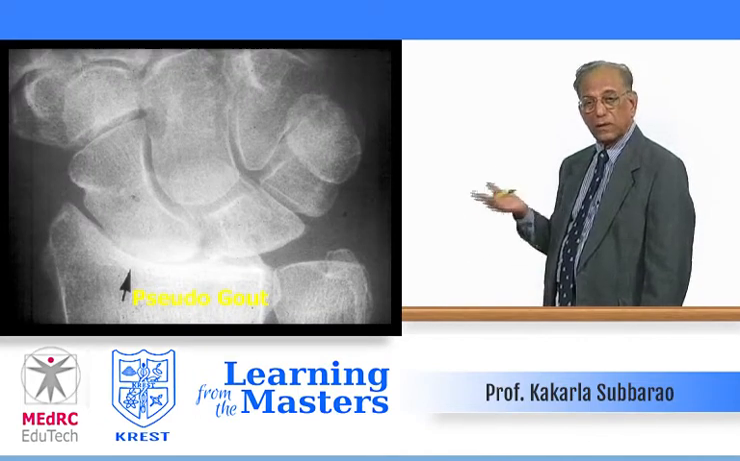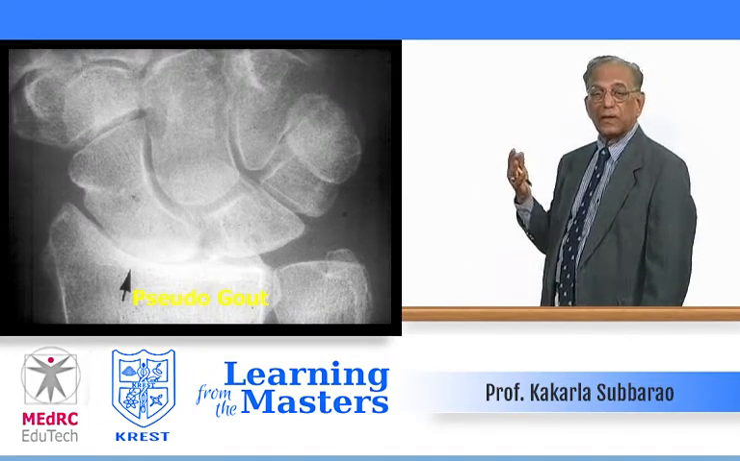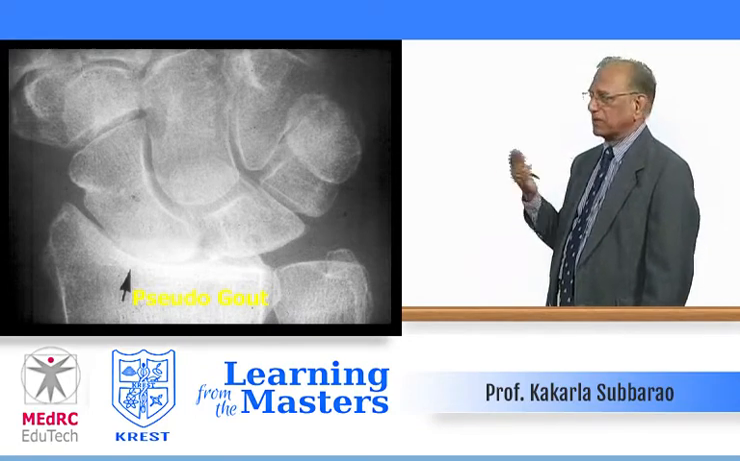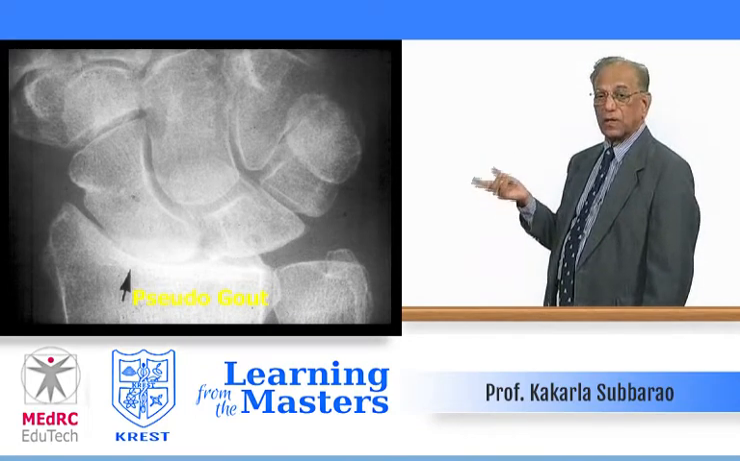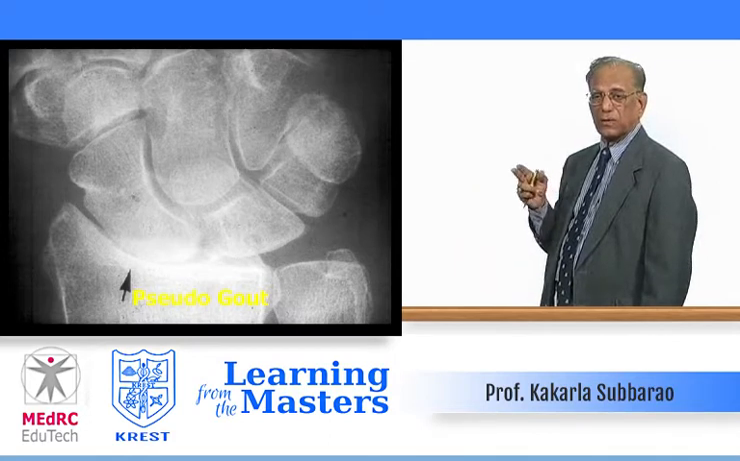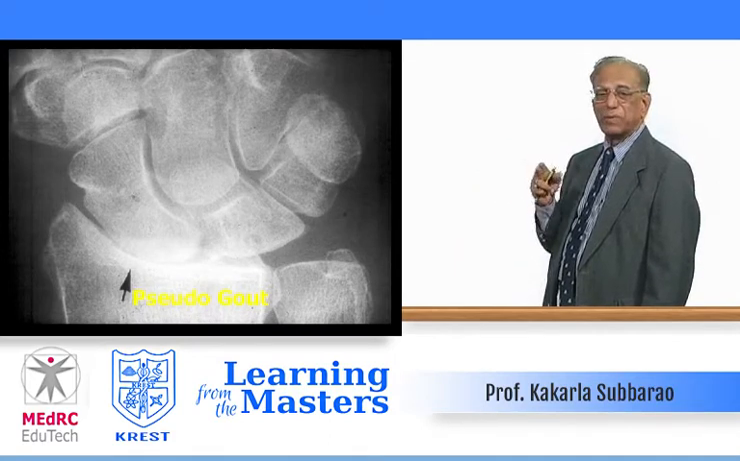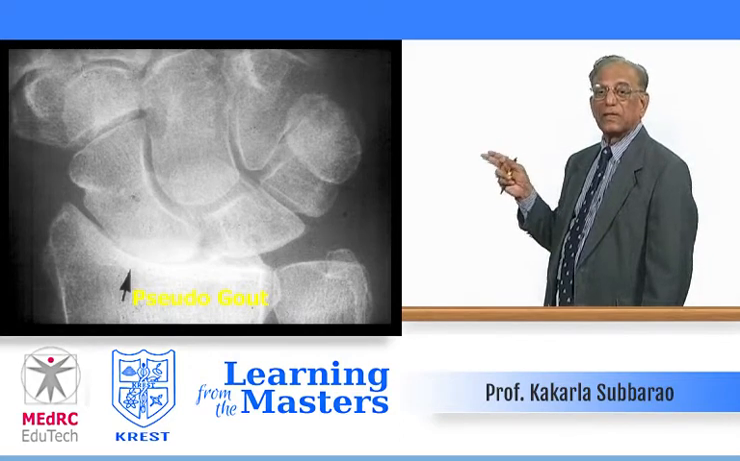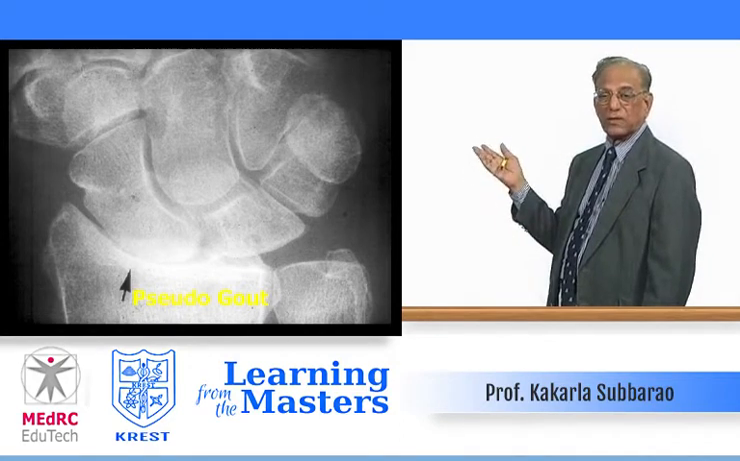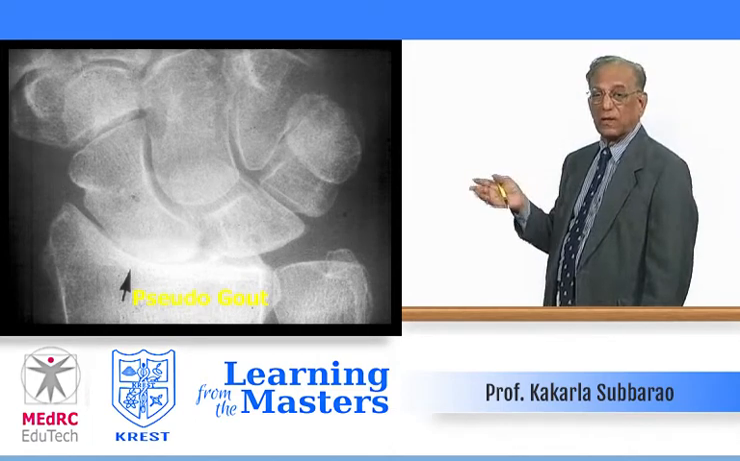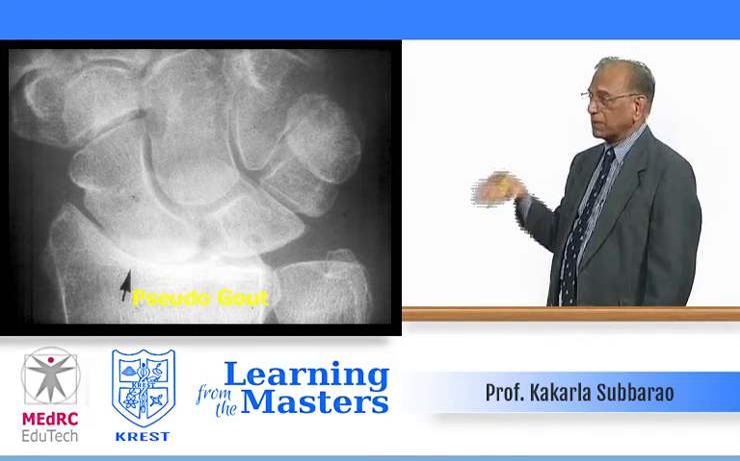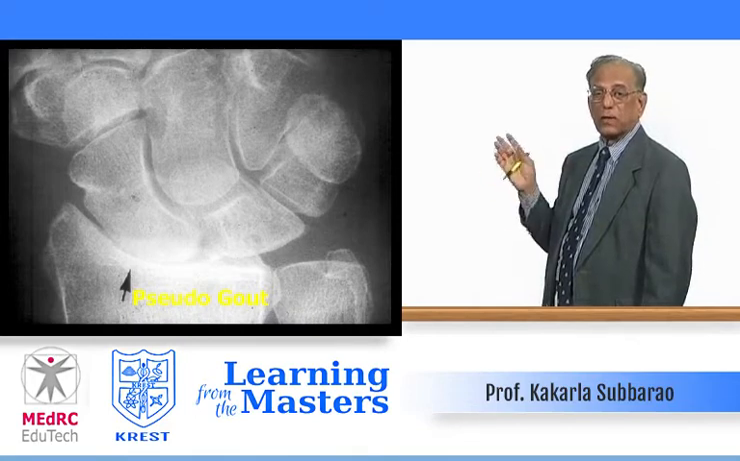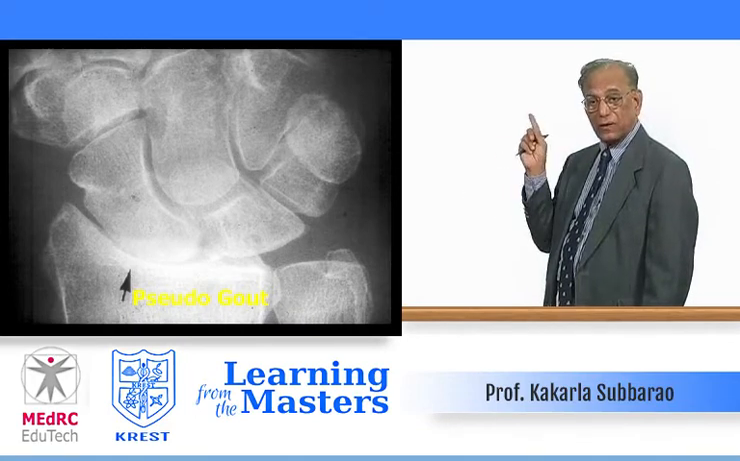Pseudogout. Why is it called pseudogout? Because clinically it resembles gout, with the same type of arthralgias, pain in the joints, etc. Pseudogout is otherwise also called chondrocalcinosis or CPPD, calcium pyrophosphate deposition disease. Chondrocalcinosis can occur even in gout or in other conditions also. But in this particular condition, there is calcium pyrophosphate deposition, whereas in gout it is